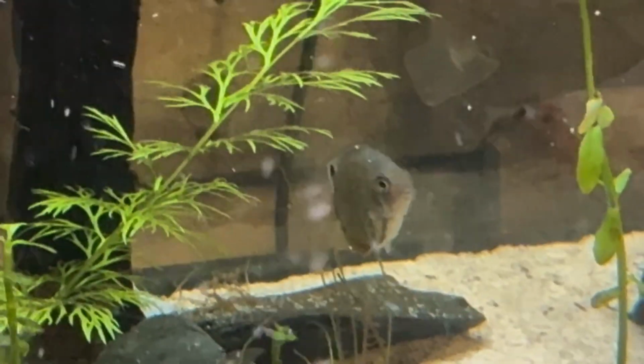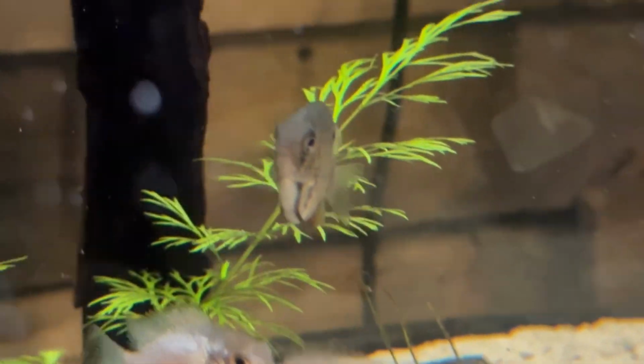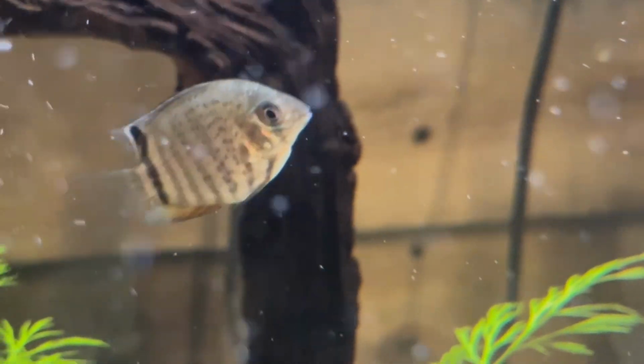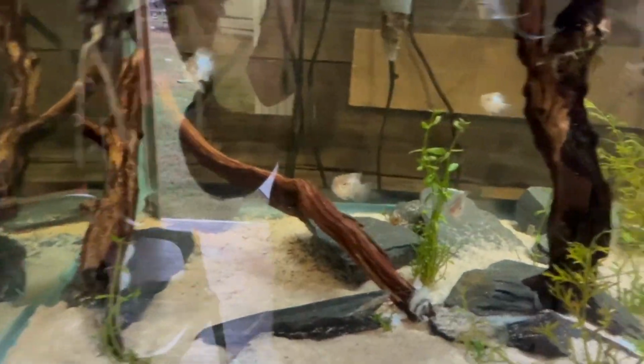I know Jim's gonna see this video and he's probably gonna be mad at me. But as you can see, I don't know what he is. And the focus does not want to focus. But look, it just looks great. It really does. But this tank is looking fantastic. I know I keep saying it because I'm so proud of how the plants are doing, the fish are doing fantastic. As far as everything else goes in here,